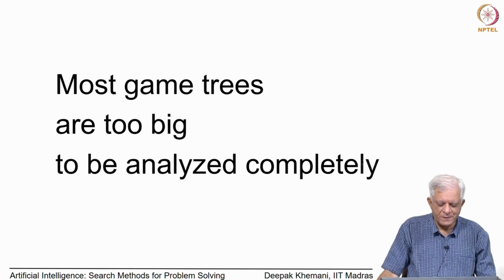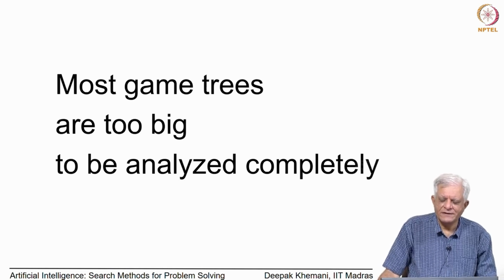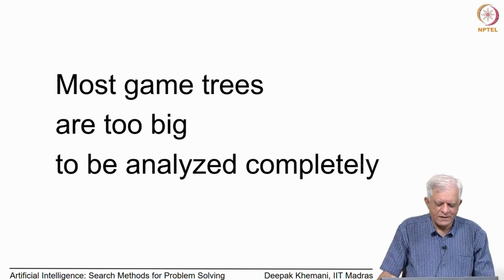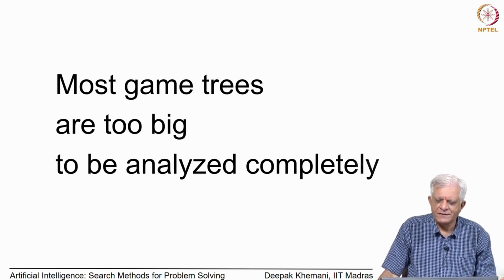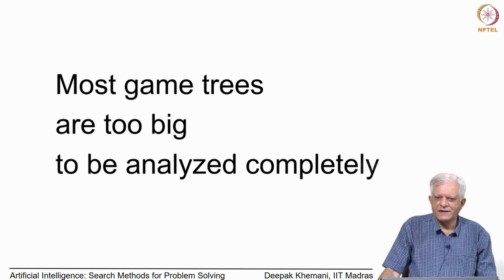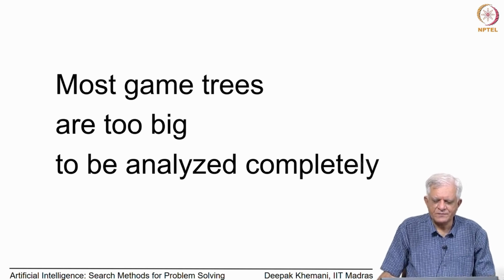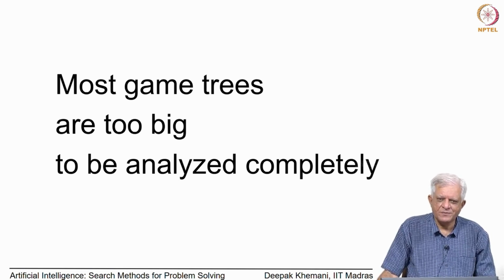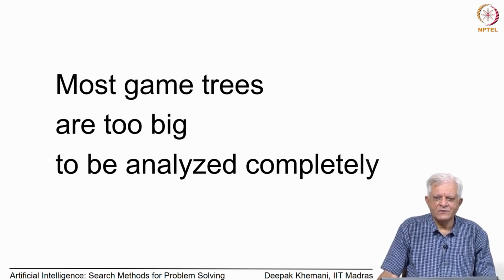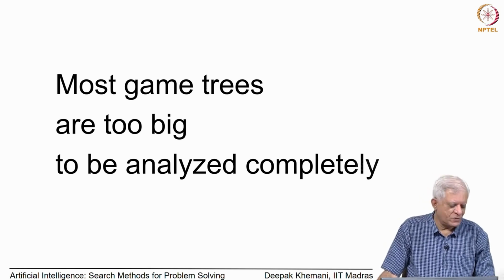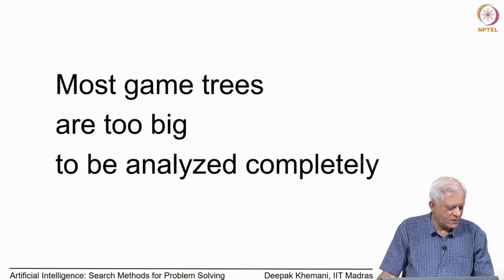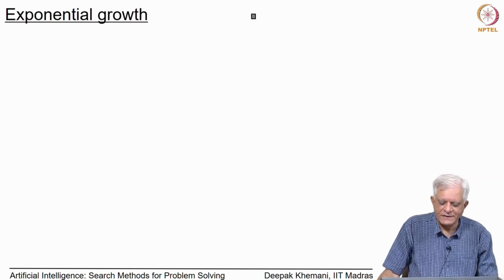to compute that value. We also made an observation that real games like chess and Go are too large to be analyzed completely, as a consequence of which we do not know what is the minimax value of a game like chess. But if you want to write programs to play those games, then we have to adopt some approaches where you do not have to analyze the complete game tree, and we do that by doing a finite look ahead. So, let us start on that process and see how we can tackle real games without having to wait for eternity till we have analyzed the game.